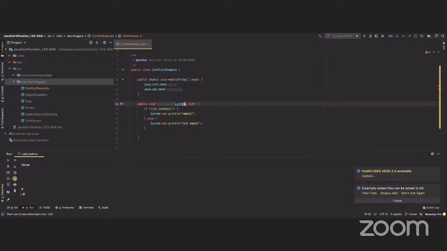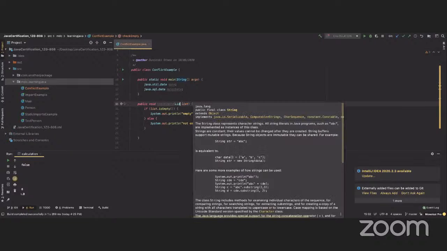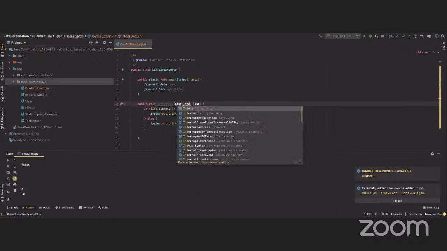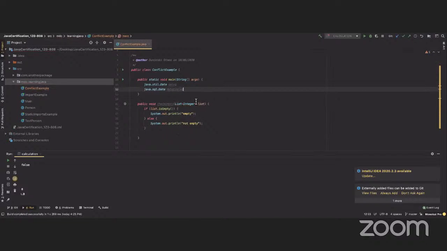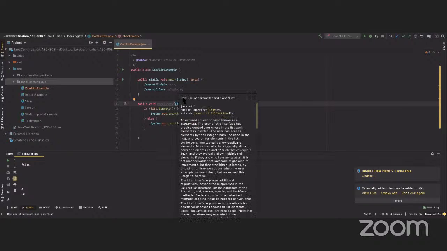Of course, this is the way that a list is put. List has a parameter here. It could be a list of strings, or a list of numbers. If it is integer, then you put it this way, Integer, and then you're having a list of integers. But just for the sake of this class, I'm not going to put anything, but understand that this is a raw use, like the arrow says,